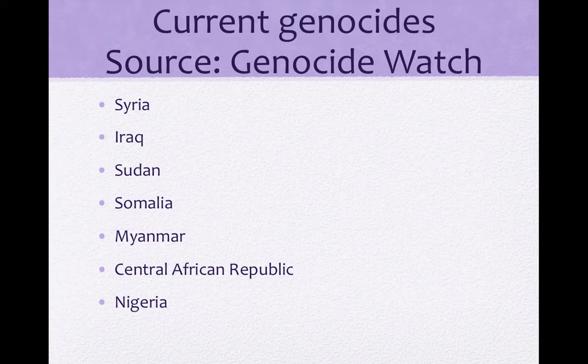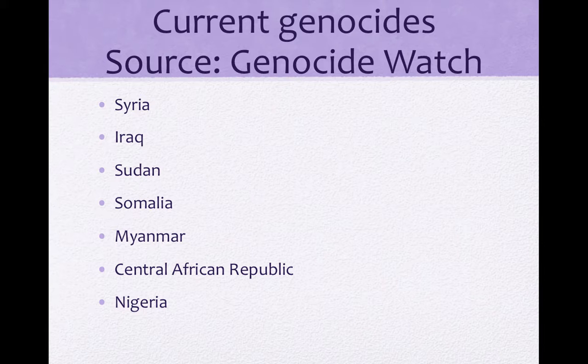There are current genocides, and you can look up Genocide Watch in Google, and you'll go to the site. And you can find that these nations are where current genocides are occurring or about to occur. There's, I think, 10 steps to a genocide that they've defined. And some of these are at different levels. Haven't totally gone over into genocide, but